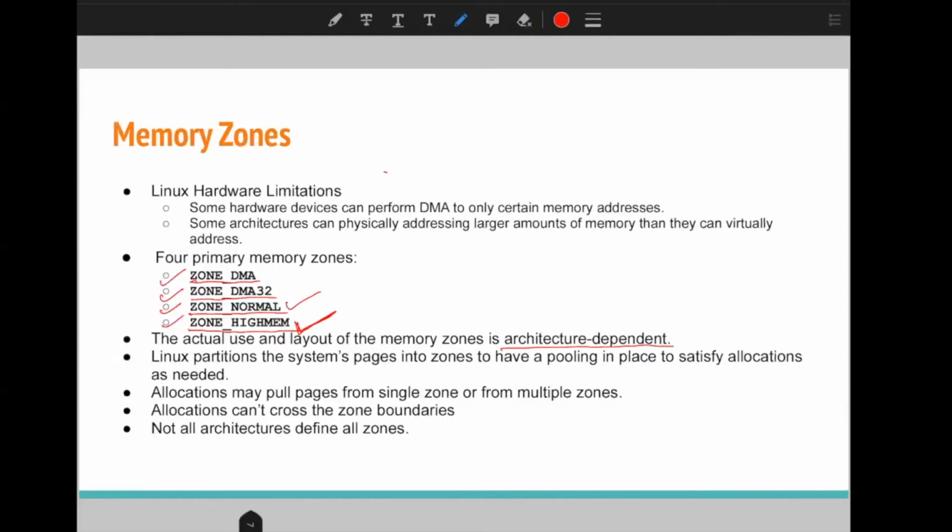When we allocate a page, we can allocate that particular page from a particular zone. Or if we want to allocate multiple pages, then we can allocate some pages from one zone and some pages from another zone. But we can't allocate a single page from two different zones. Like we can't allocate half of the page in ZONE_DMA and half of the page in high memory. So a single page should be from a single zone.